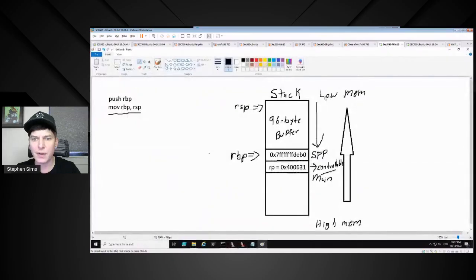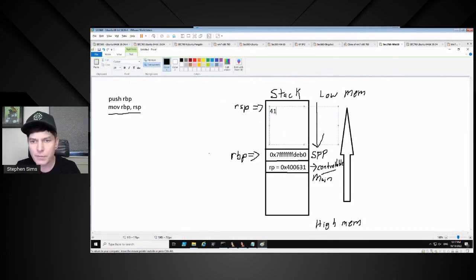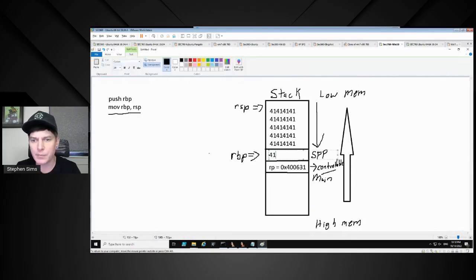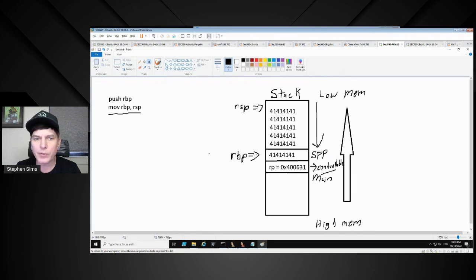And if we look at that on this drawing here, what we've done is we've filled up this buffer with nothing but A's. So 41414141, like that. 96 of them. And then we even got down to this point and we overwrote the base pointer also with 41414141, because there's 96 plus 8. Finally, we overwrote the return pointer right here